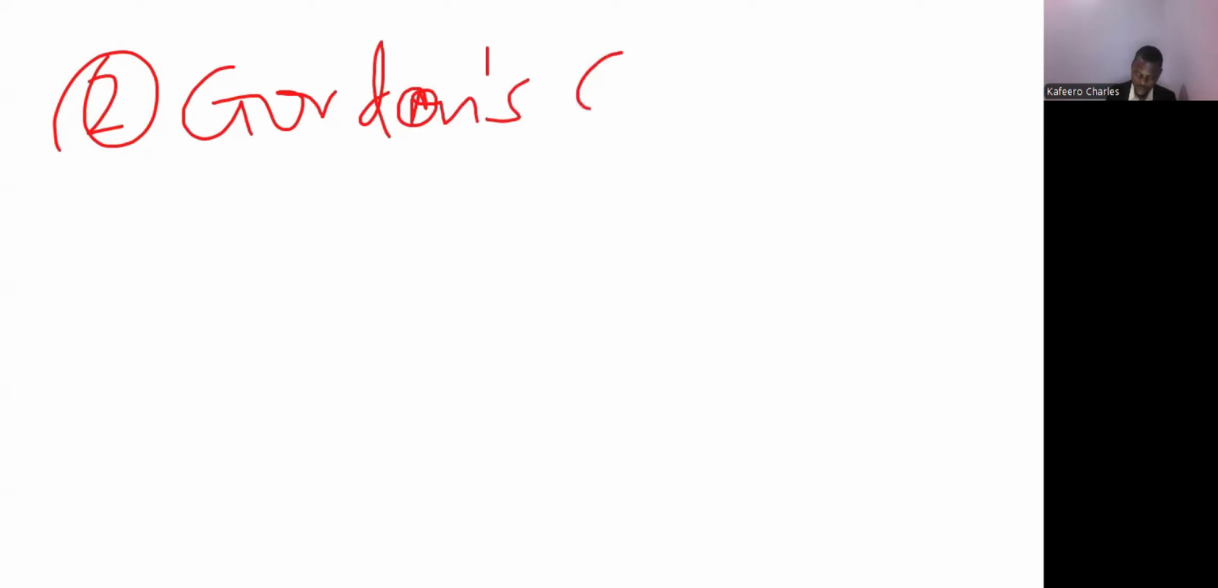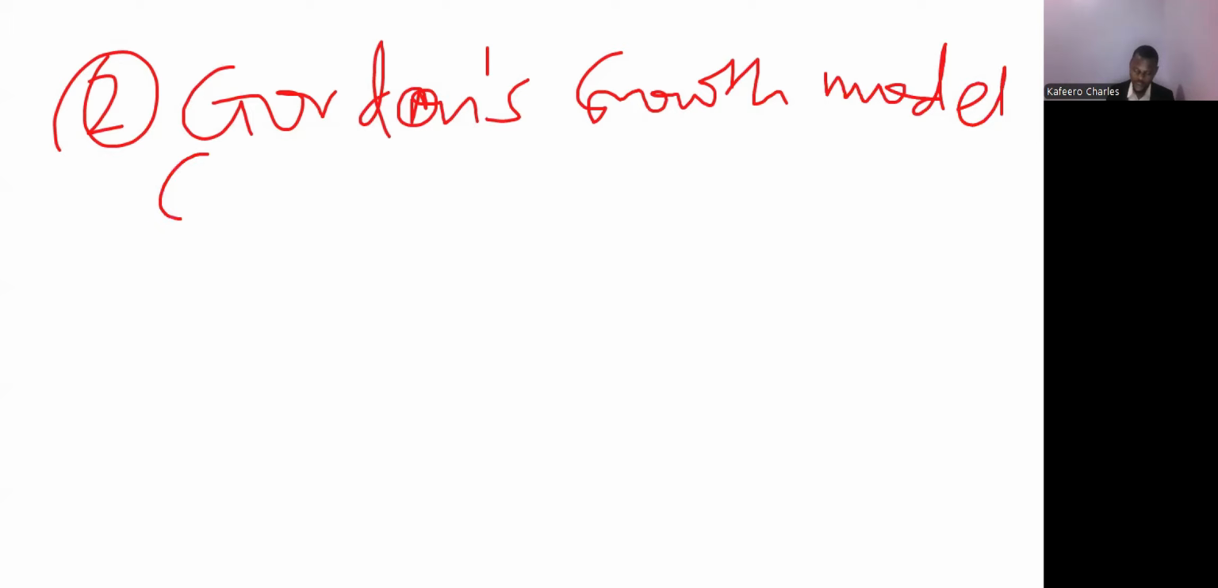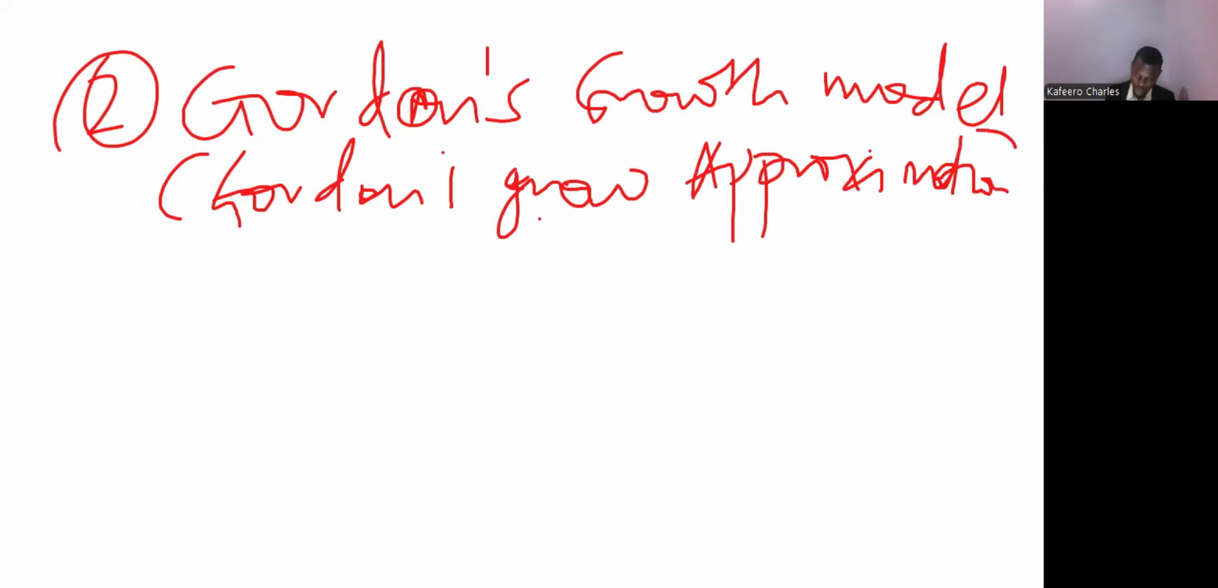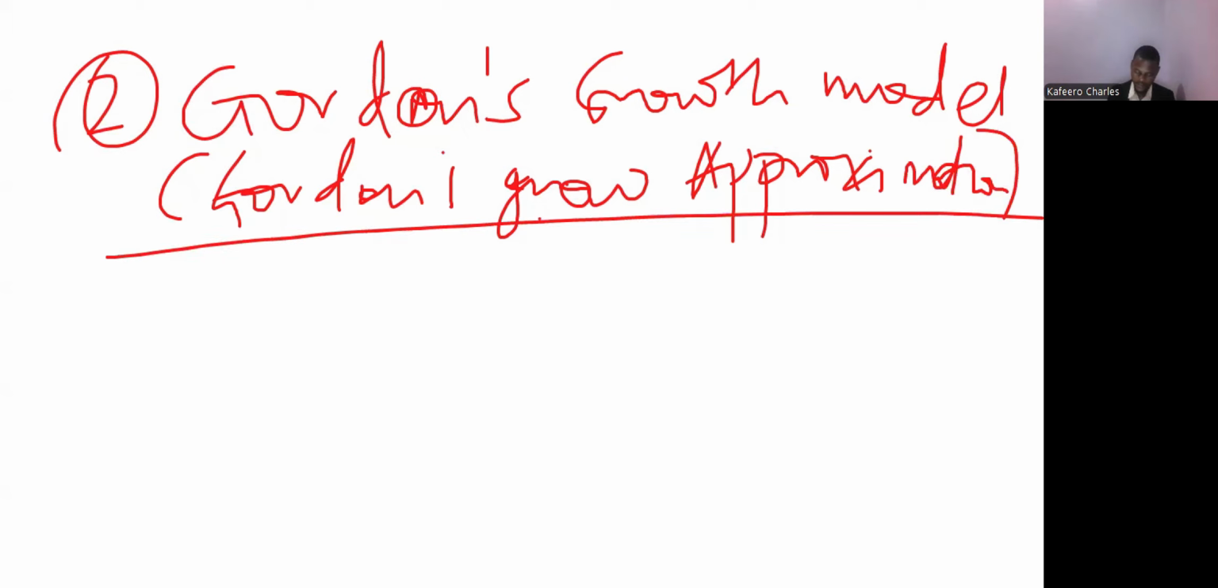Gordon's growth. The other one is the Gordon model, or what we call the Gordon's growth approximation. It is the same person who introduced this. It says G equals R times B,